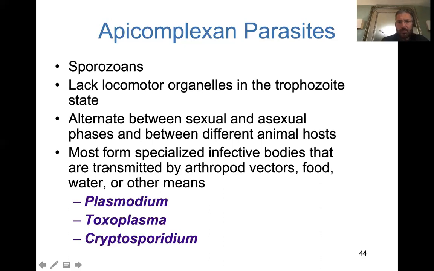But when we're talking about Plasmodium, malaria, toxoplasma, the mouse and the cat, toxoplasmodia, and cryptosporidium, this is going to be shed in urine, sometimes feces, and this really goes into the water supply. In the 1990s, I think in Milwaukee, they had this, and it infected the entire water supply. A lot of people that were immunologically diminished got very, very sick from this.